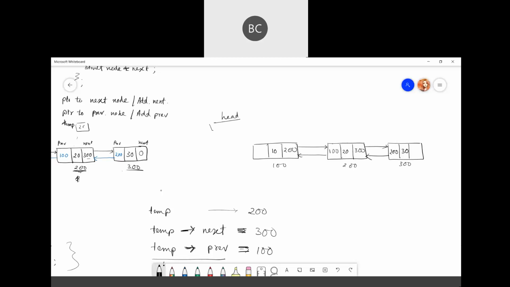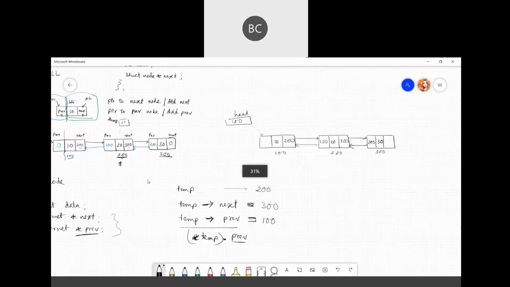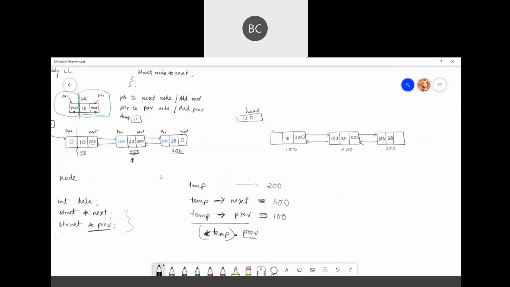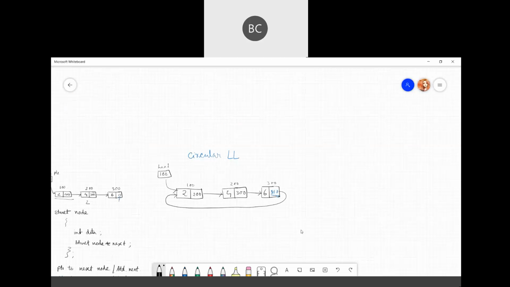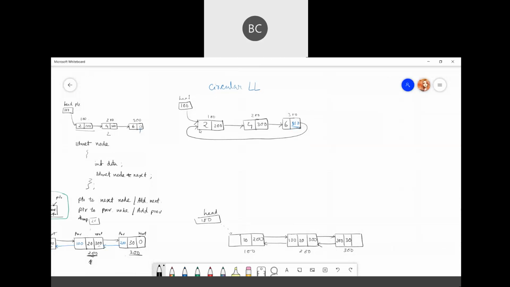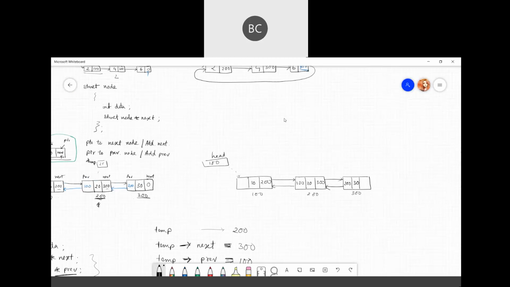Now, what will be the difference here? What will be the difference here? In a normal doubly linked list, what happens? For the last node, the next part is null, and for the first node, the previous part is null. And it is circular. In normal circular linked lists, there is only one pointer, correct? So we only need to store the address of the previous node, okay? So same thing is here also.